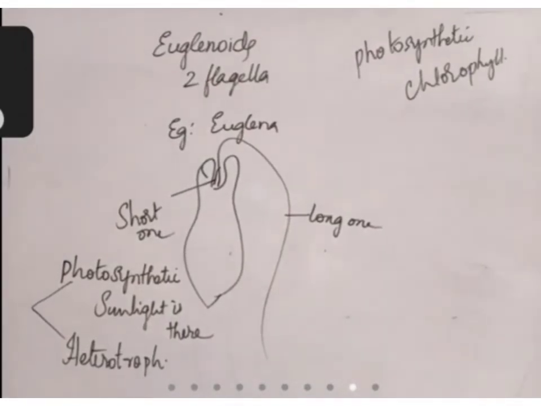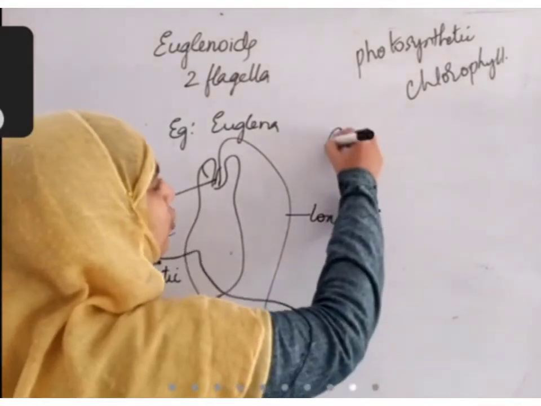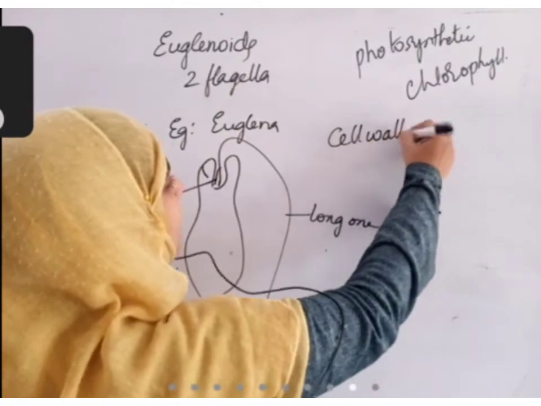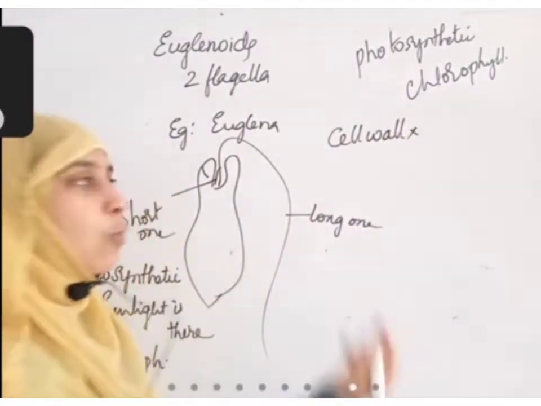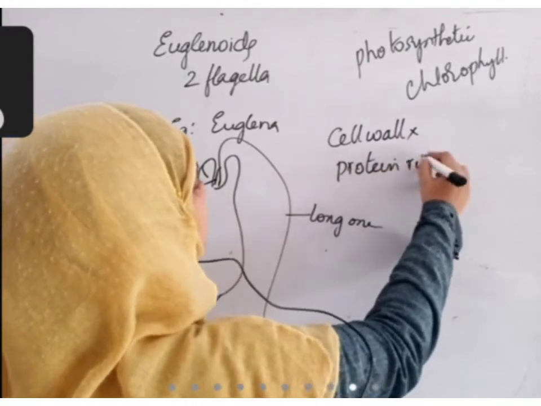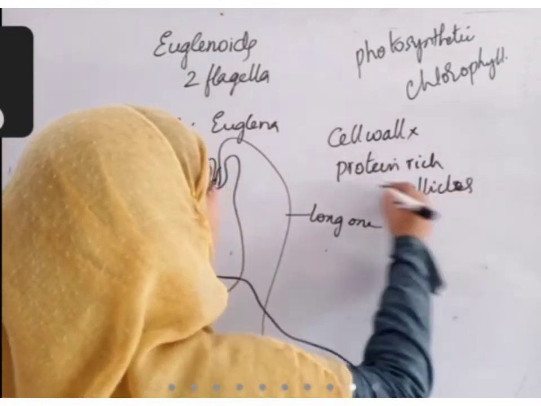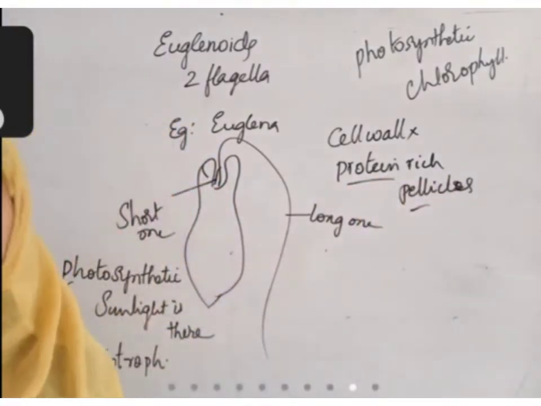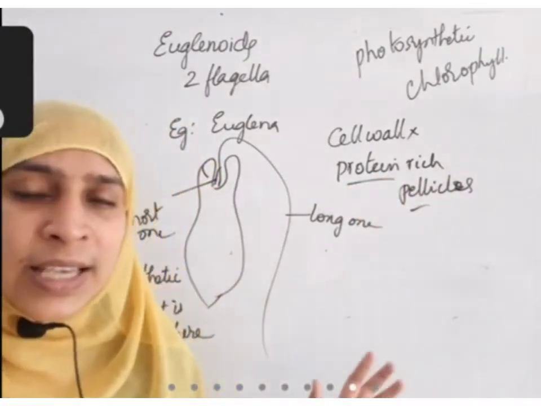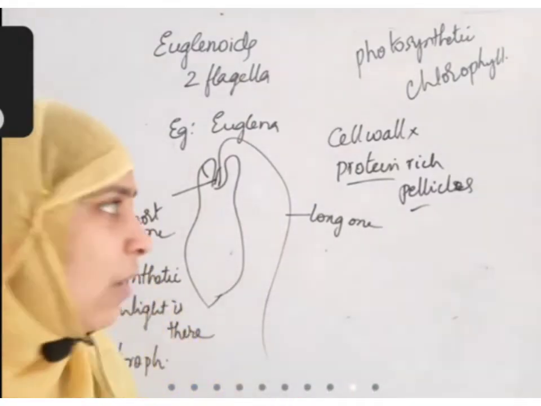And one more thing about euglenoids is they do not have a cell wall. Cell wall is absent. What is present in place of the cell wall? Proteinaceous, protein-rich pellicles are present. Because of the presence of these protein-rich pellicles, which are hard, but not as hard as a cell wall,